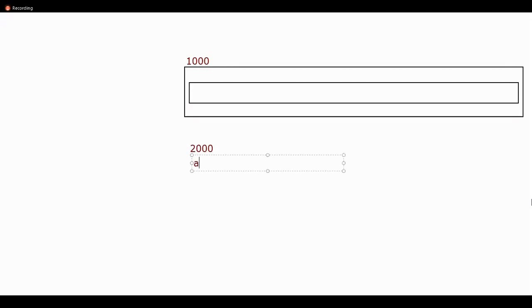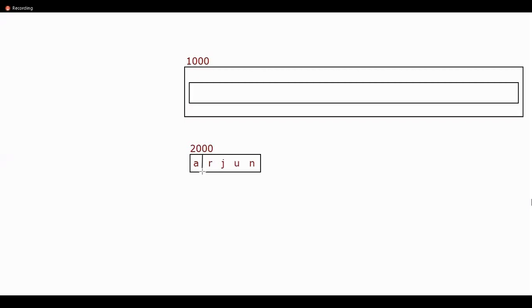A is going to be stored separately. R is going to be stored separately. J is going to be stored separately, U is going to be stored separately, and N is going to be stored separately like this. Any confusion so far? And of course, every character will have its own dedicated location inside the string object.